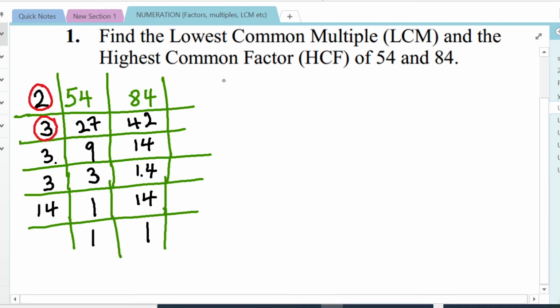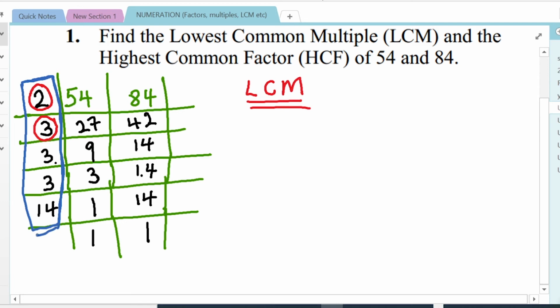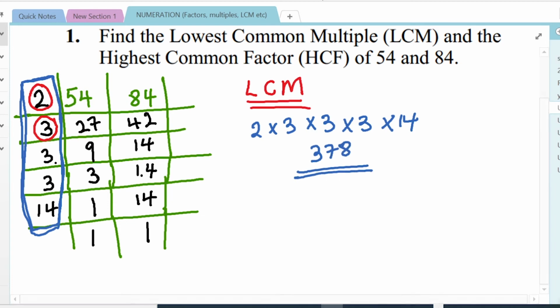So we go ahead and multiply everything that is there. To get the LCM, we multiply everything, which is 2 times 3 times 3 times 3 times 14, and then we shall end up with 378. That's the LCM. So for us to be able to find the highest common factor,